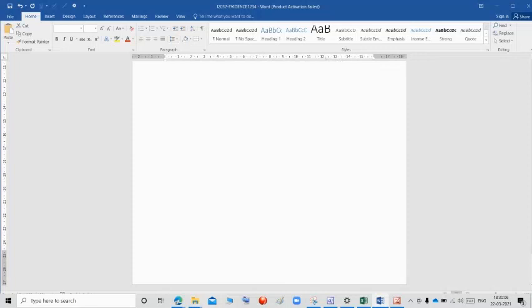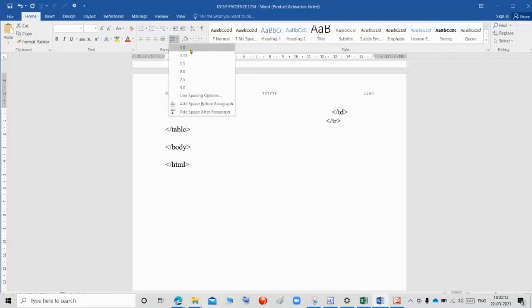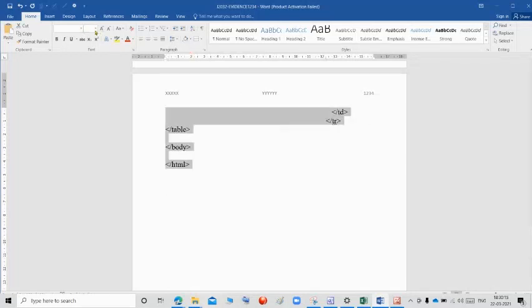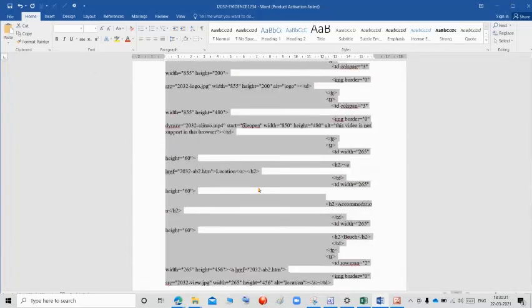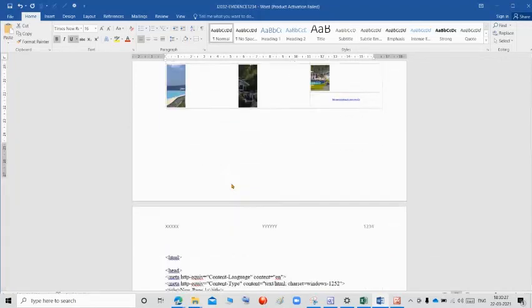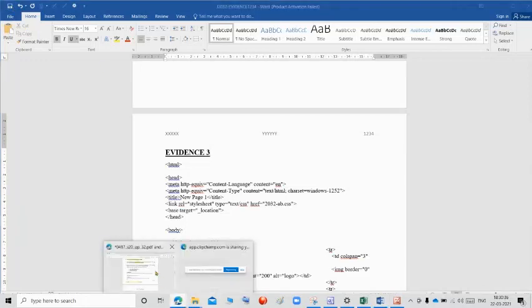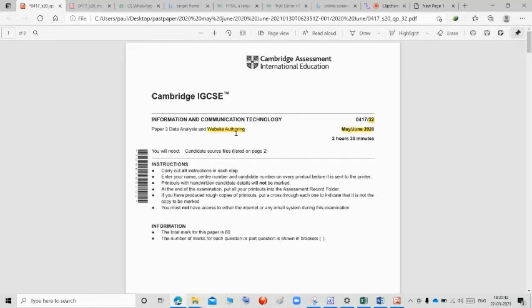Give the heading as evidence 3, AB document. So this is about website authoring using FrontPage from the May June 2020 paper 3 2. Thank you.